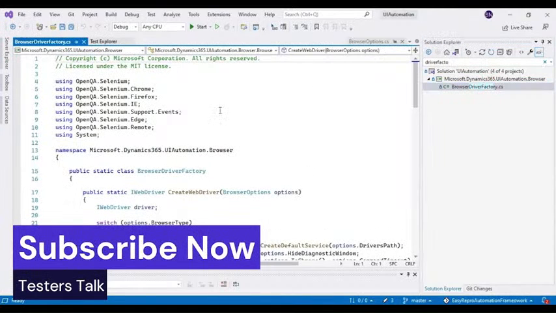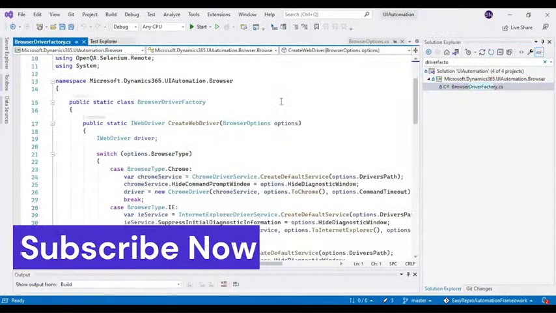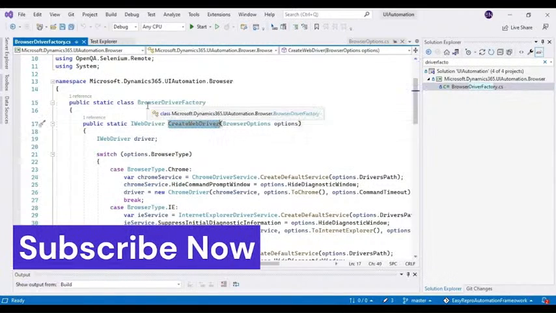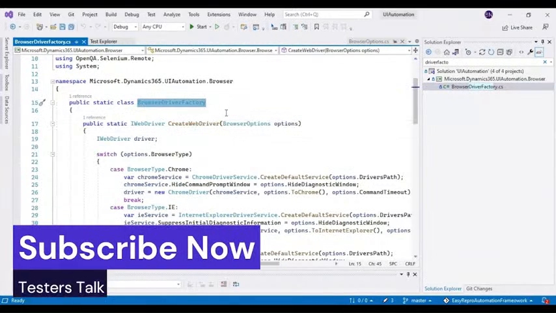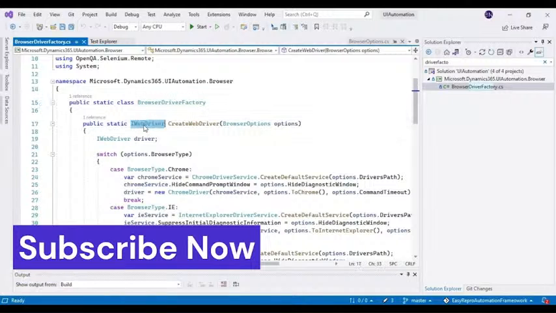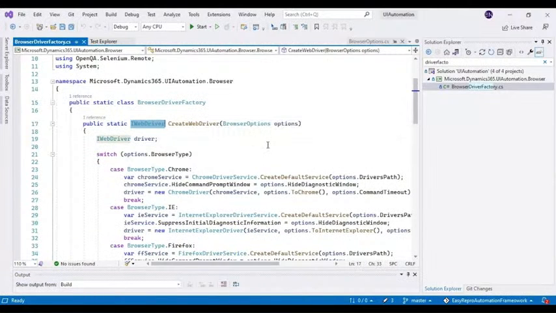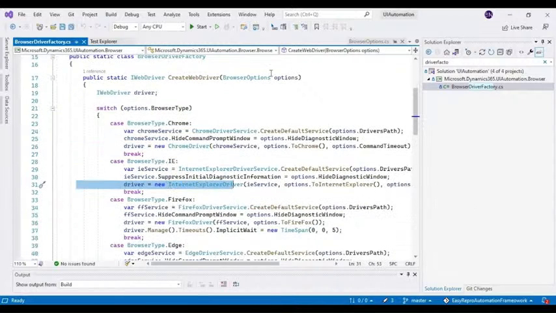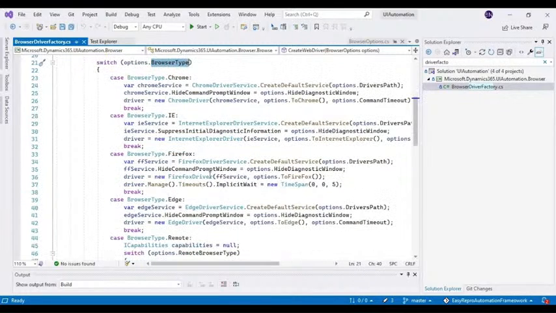You can open this class, and from the CreateWebDriver method, which returns the IWebDriver type at the end, if you look at line number 26, it is creating the Chrome driver, and in line number 31 it is creating the IE driver. So based on the browser type,